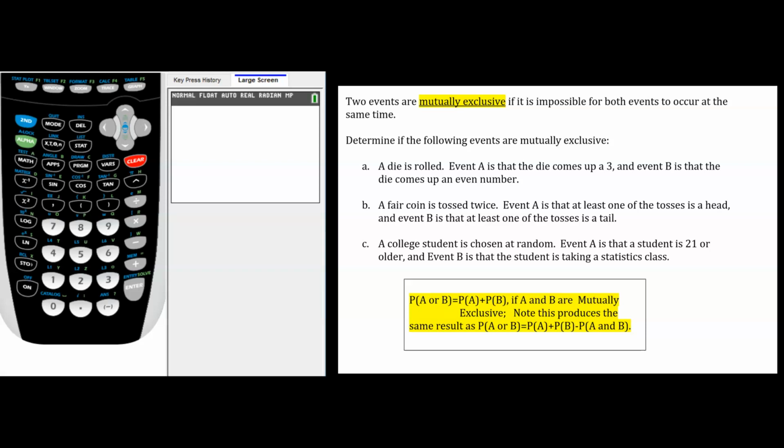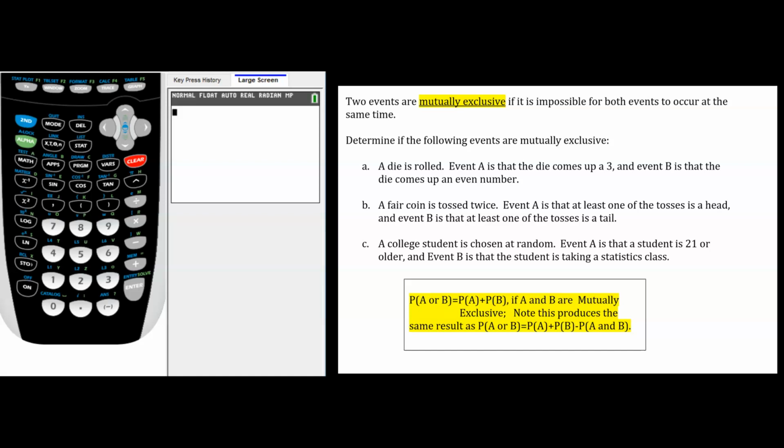At the very end of the last video, we looked at the example where I was drawing a card from a standard deck of 52 cards, and I asked the question, what's the probability of that card being an 8 or a king? We noticed that there were 4 8s in the deck, and there were also 4 kings in the deck. And we also observed that there was no overlap between those two events. You could never be drawing a card that was both an 8 and a king at the exact same time. As a result, we describe those two events as being mutually exclusive.